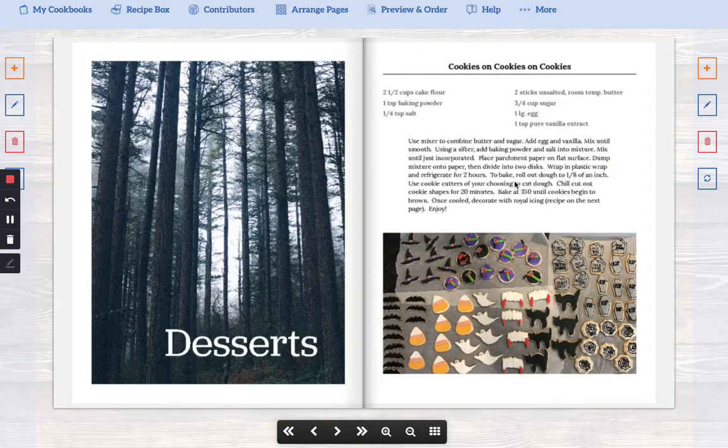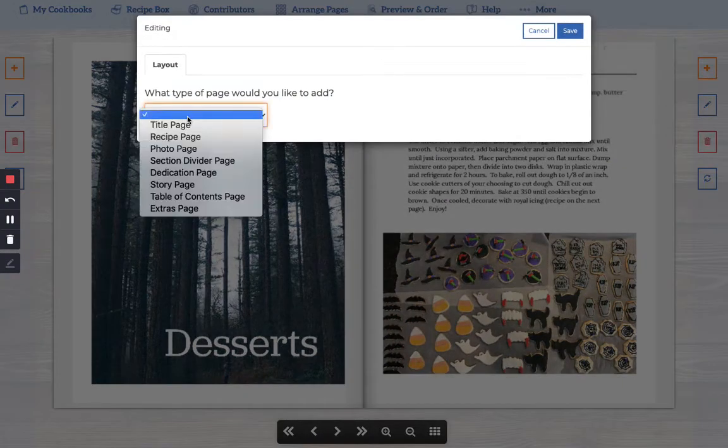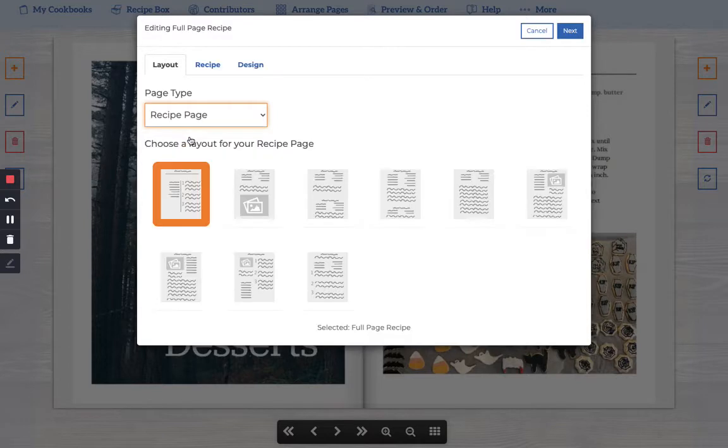In this video, I'm going to tell you all sorts of stuff about two recipe pages. So, you probably are used to putting one recipe on a page. We do have a layout. I'll show you. If you click recipe page, we have a couple of options here. These two right here. You have a two recipe page, and then you have a large recipe on top and a small